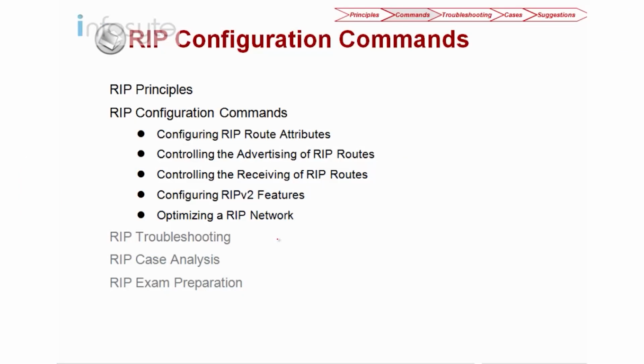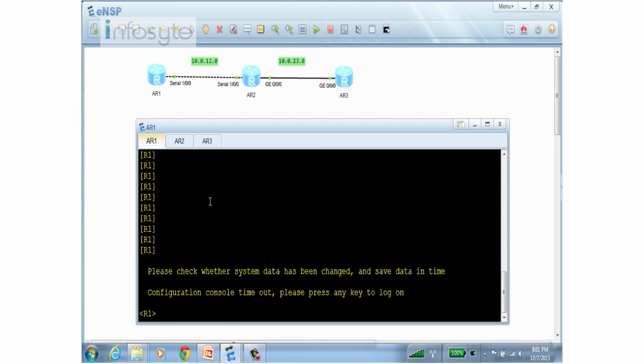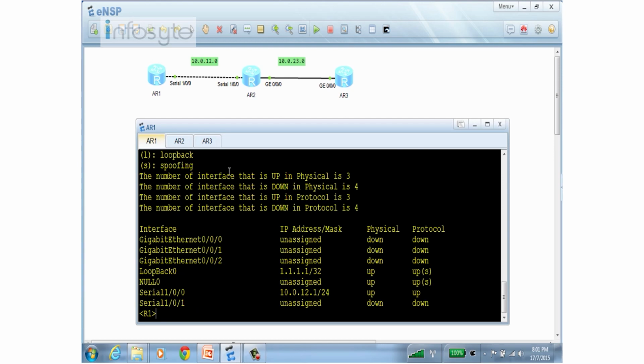So let's look into some of the configuration. Over here I have a simple lab to illustrate some of the basic concepts that we went through just now. I have R1, R2 and R3. R1 connects to R2 through the serial interface, having a network of 10.0.12, and R2 to R3 having a network of 10.0.23. If I go to display IP interface brief, you're able to see that I